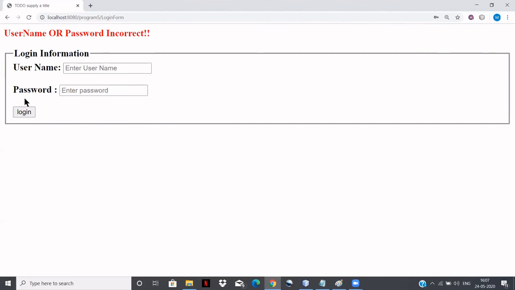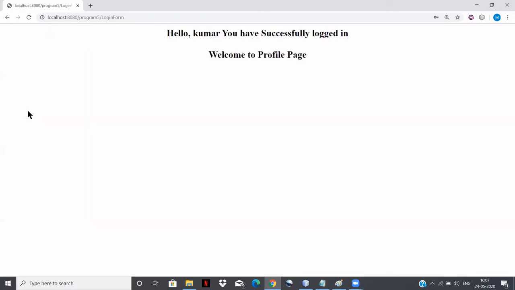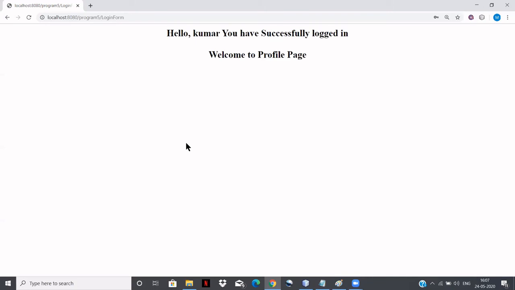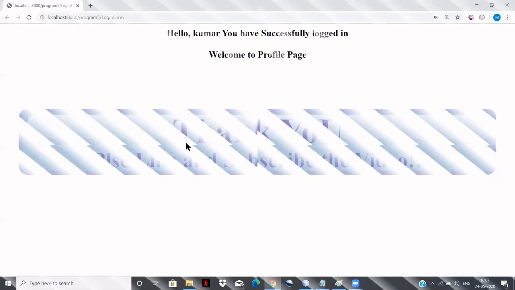It will ask you to enter the username and password again, as incorrect. Then the correct password, I'll enter admin123. Then I'll click login. Then it will print this profile page, right? That is, hello Kumar, you are successfully logged in. Welcome to this profile page, right? So this is about the fifth program.